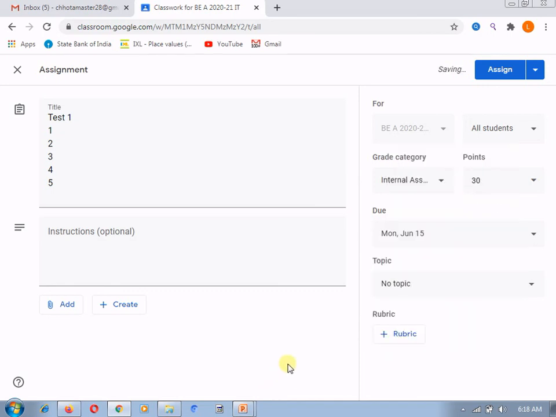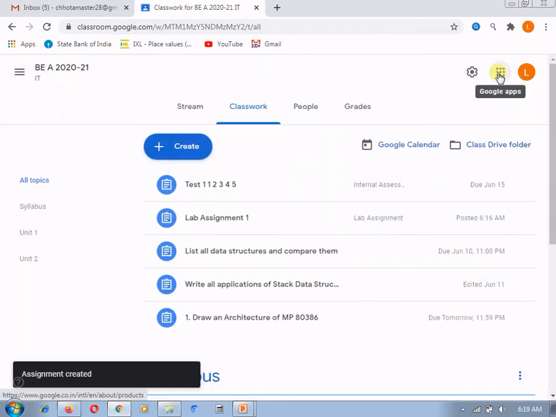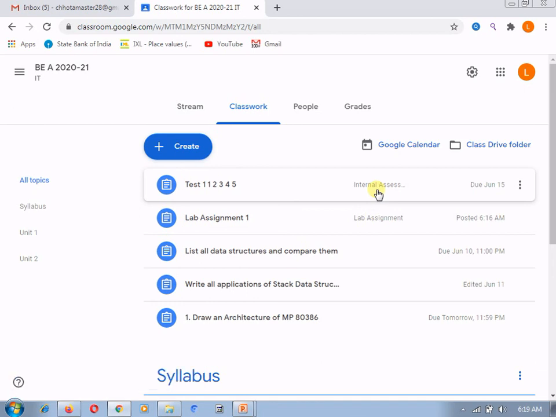Now after this I will assign this particular assignment to the students. Here you can see that this is the assignment under internal assessment. So in this way you can do the categories, and you can use these categories for your internal assessment.